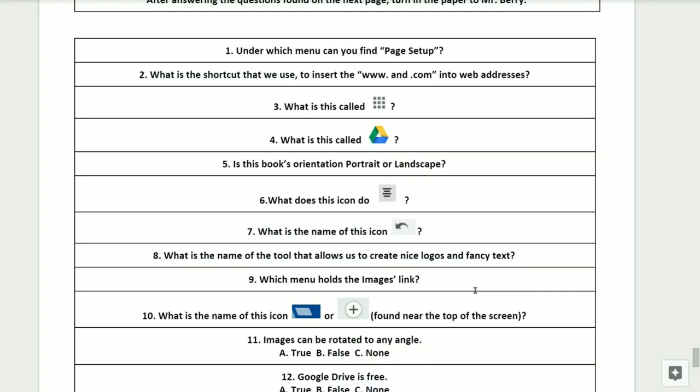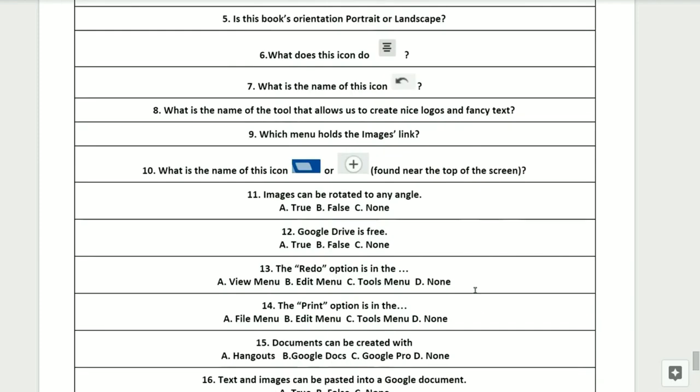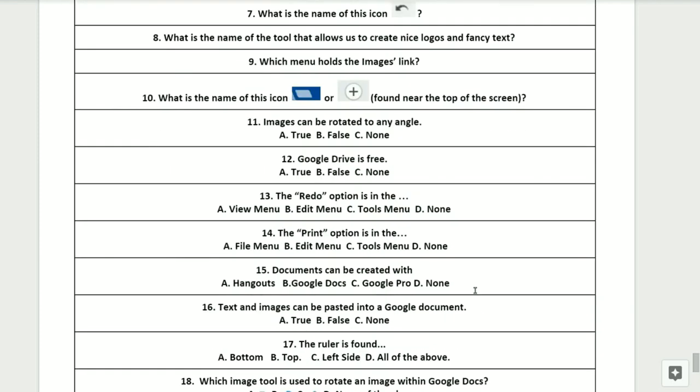What is the name of the tool that allows you to create nice logos and fancy text? Question number 9.